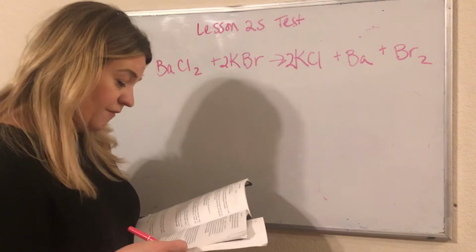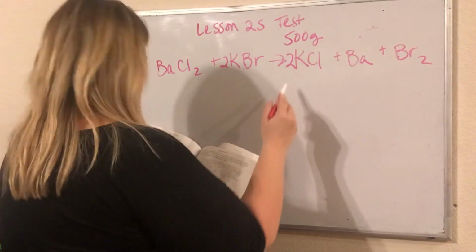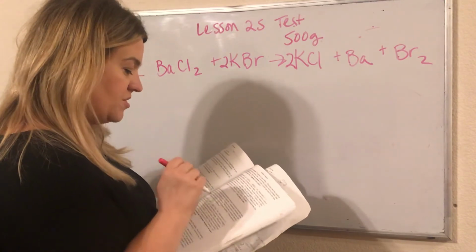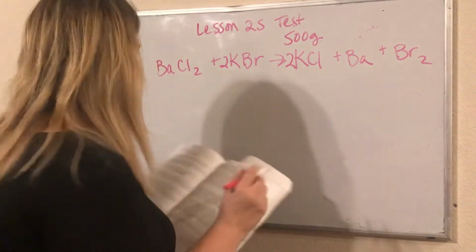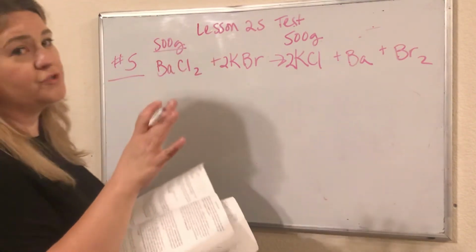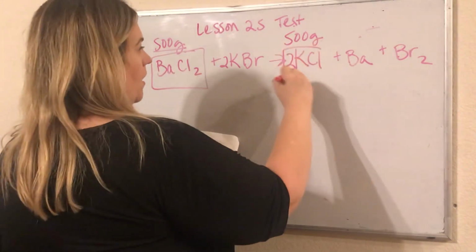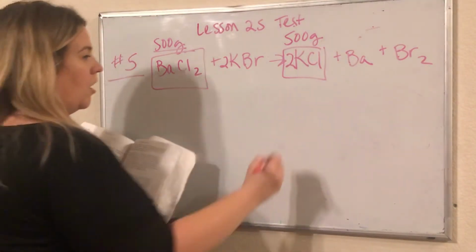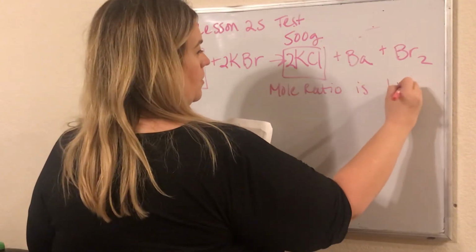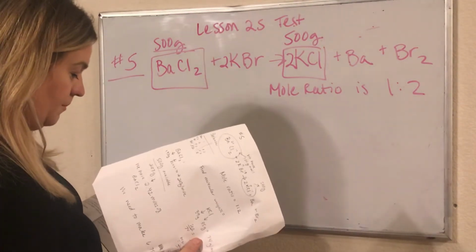You've been asked to prepare 500 grams of potassium chloride from this reaction. Will you have enough barium chloride if your stock container says that you have 500 grams available? So there will be conversion of grams to moles here. But first, these are the molecules in question. Our mole ratio is 1 to 2. Okay. So the next step